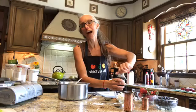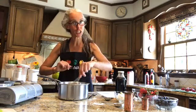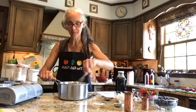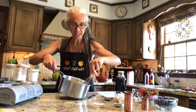There we go. Okay, so the cream cheese does not go in now, all right? All we have are most of our egg, all but 1 tablespoon of our egg. We have 1/2 cup of milk. We have 3 tablespoons of sugar, and we have 1 tablespoon of cornstarch and 1/2 teaspoon of vanilla. So go ahead, and before we even put this on the heat, give this a really good whisk